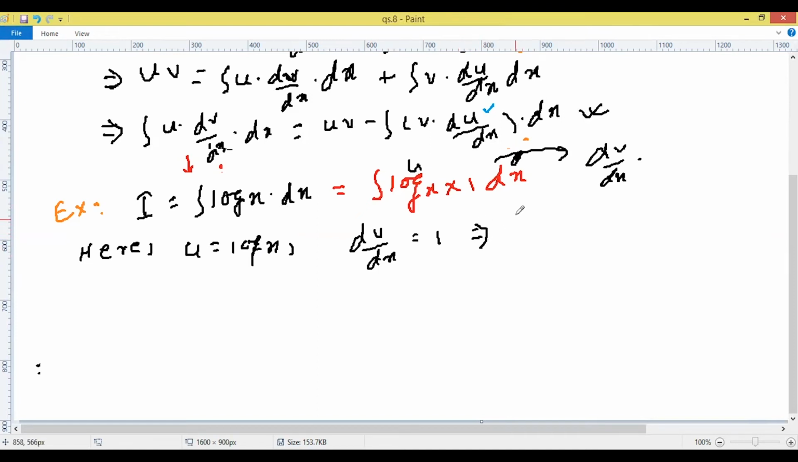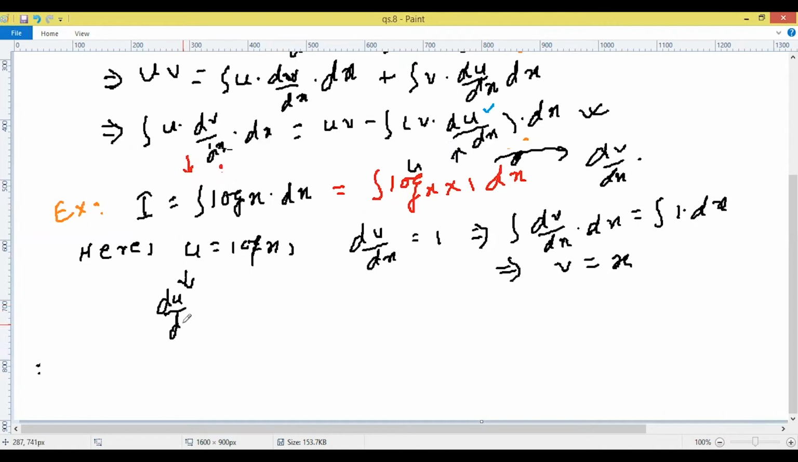So integrate both sides with respect to x, and then this is going to be 1 dx, and here after that the derivative of v is dv by dx. That means the antiderivative is v, and the integration of 1 is x, so v equals x. And also we need the du by dx term. If you use this formula in order to find the integration of log x, then from here you can get that